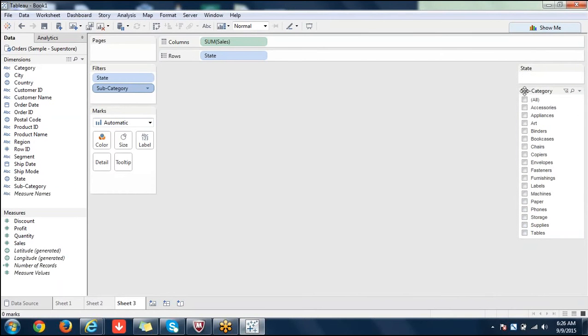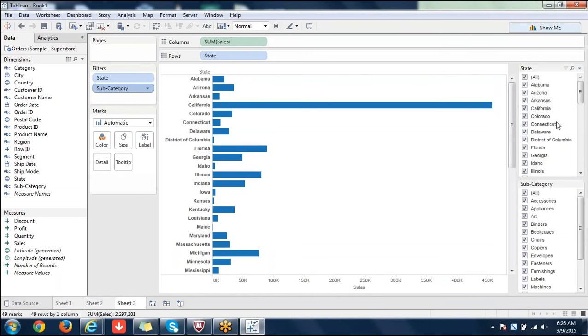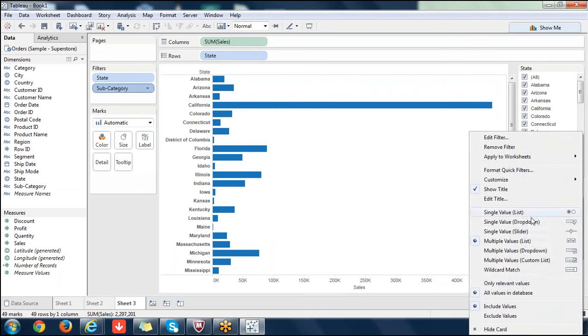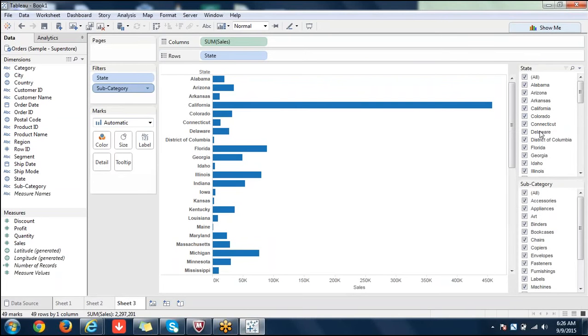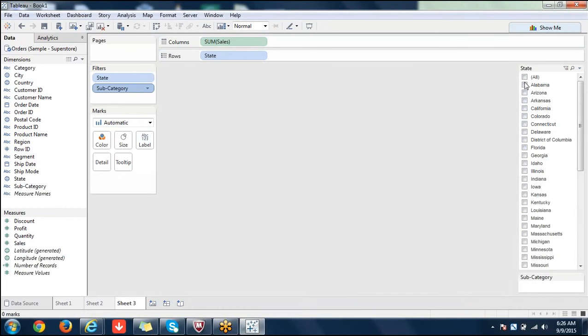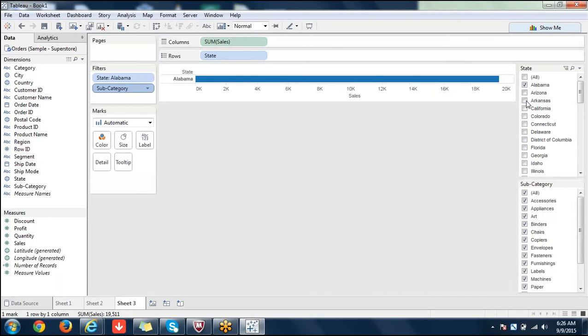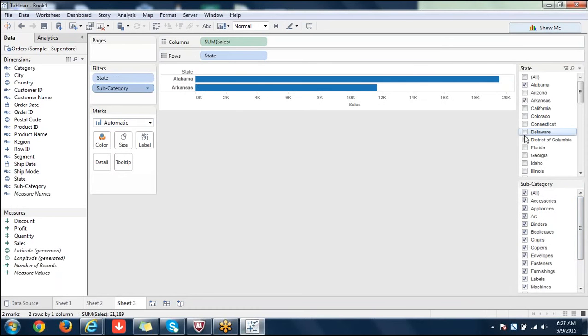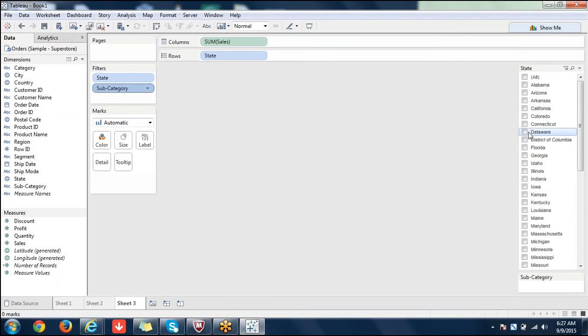And now also it's going, that's fine. Both are acting independently. I say only relevant values. See, for the same state, all values are selected. And you remove that.